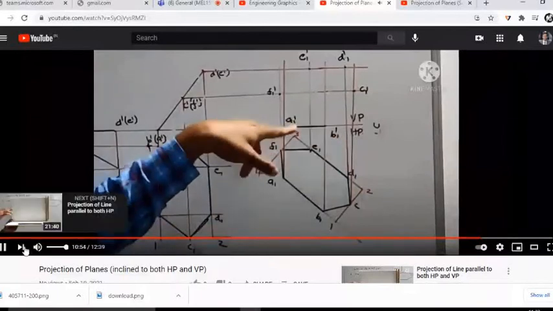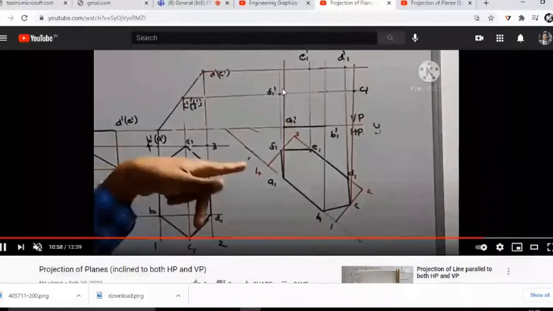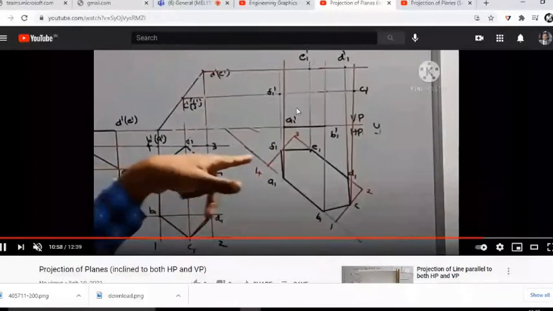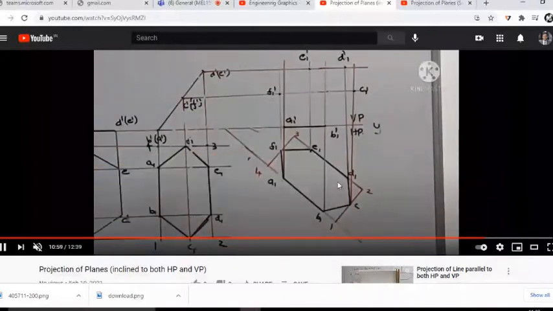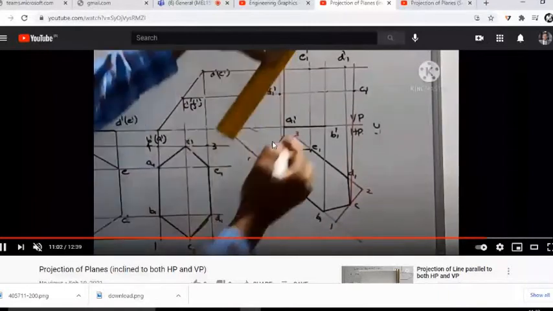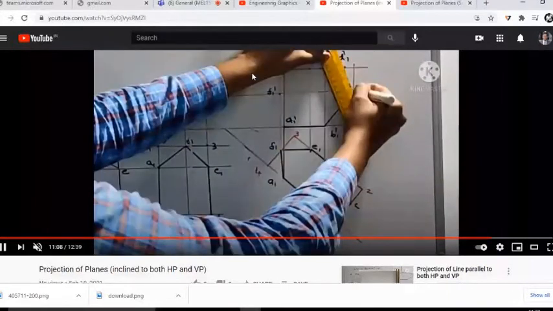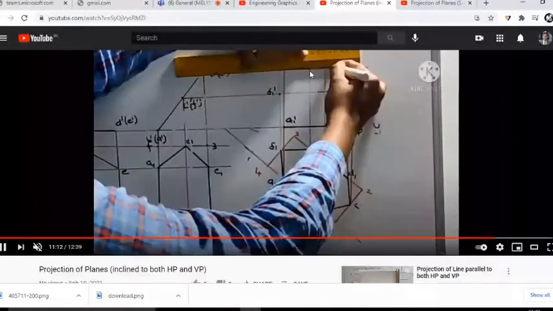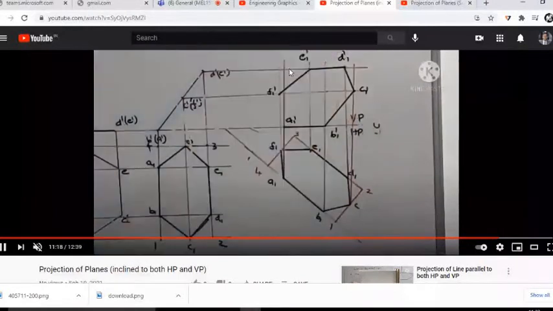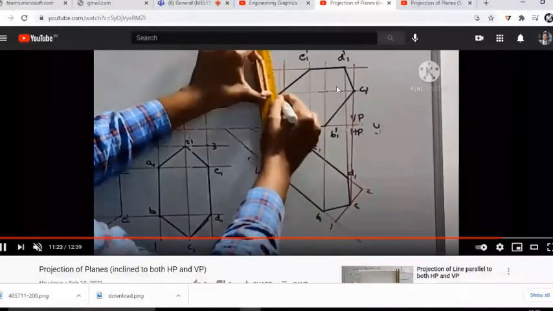See, you need to sequentially connect all the points as per the corresponding top view sequence. That is from A to B, B to C, C to D, E, F, and A. It should go in that sequence. Okay, because you see here the shape is very much distorted. So without the alphabets, it's very hard to find what the sequence is or in which direction it goes. So that's why, always, on completing the view, you name the points. Okay, and finally you will get something like this. Okay, so you look at here.